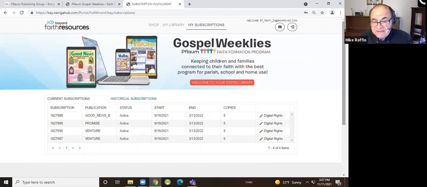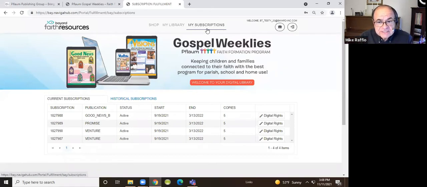And once you have entered your email address and your password, so the email address that we have for you, which is the one that we sent the e-blast to about inviting you to this meeting, this is the page you will go to. I hope you'll notice the top of the page, you'll see it says My Subscriptions. That's the tab that you are on this portal right now.